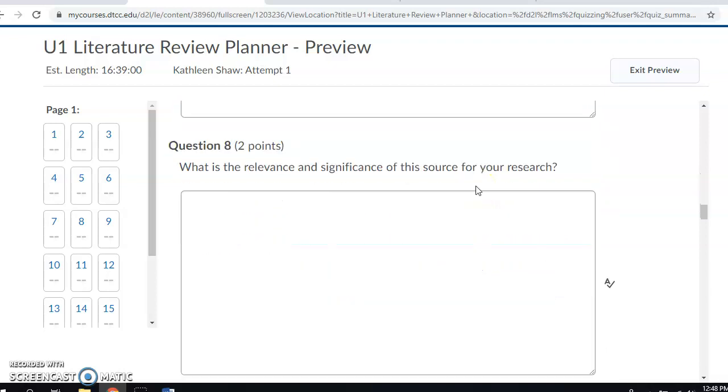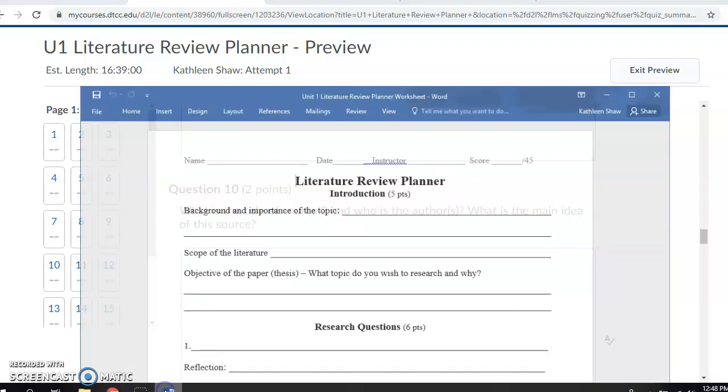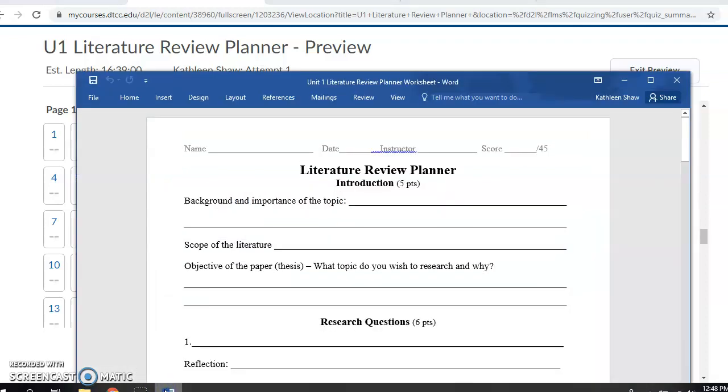So these are following this planner pretty exactly, but I think it might be helpful for you to also fill out this planner, have a hard copy, maybe print this out and write it as a draft so that you have a written record of it, because this is going to help you figure out how to break down your ultimate paper. So in the introduction, I'm going to go over each of the sections of this literature review